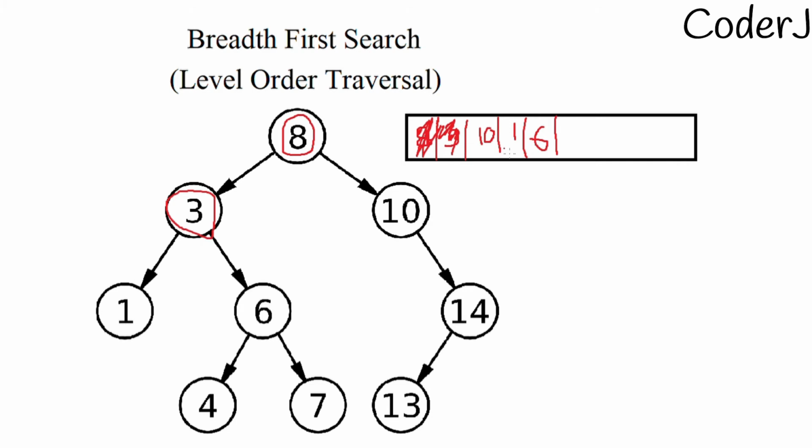Great. After that I'll again come back to the next element, and my next element will be 10. So I'll say, okay, the first thing that you need to do is print 10. 8, 3, and 10, right? Now I'll say, does it have a left child? But 10 does not have a left child, right? So I say, okay, no problem. Does 10 have a right child? Yes, 10 has a right child.